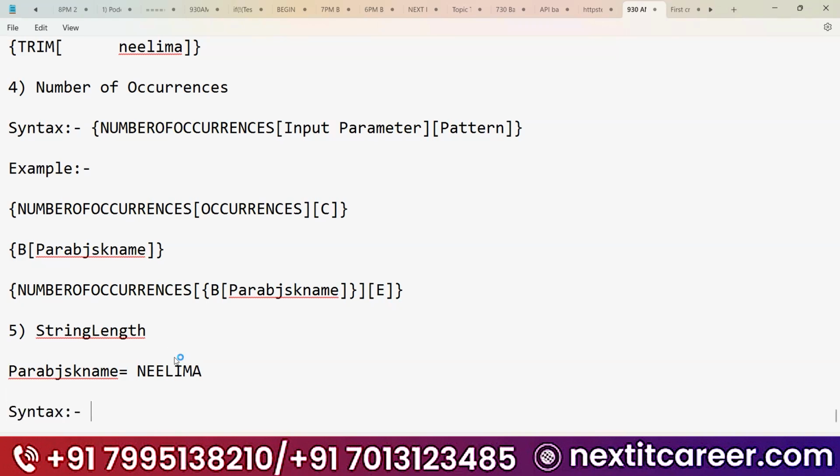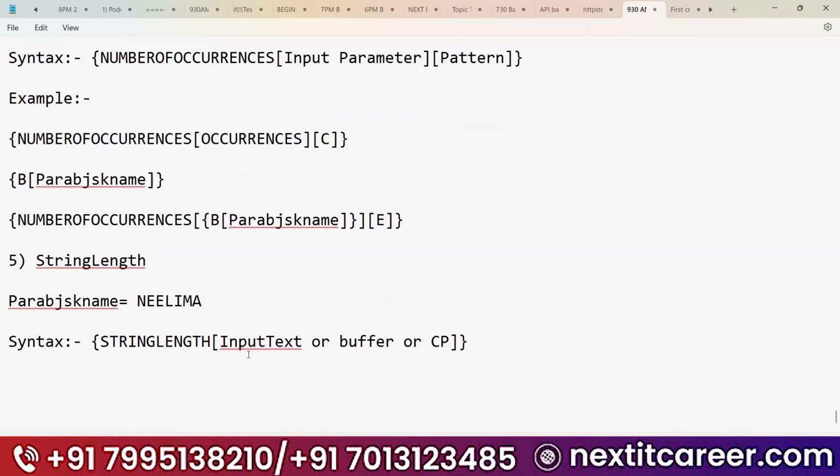The syntax is curly bracket, string length, close the bracket. How many arguments do you need to use? You need to use only one argument, guys: input text, or buffer, or CP, configuration parameter. Anything you can use.